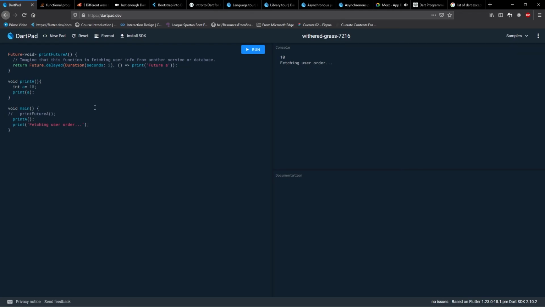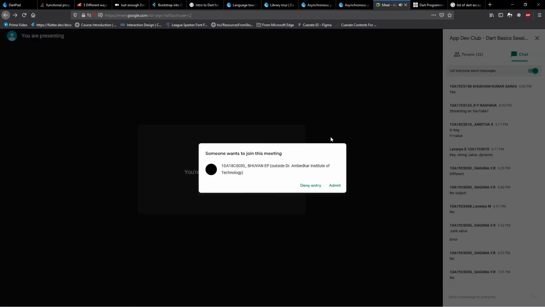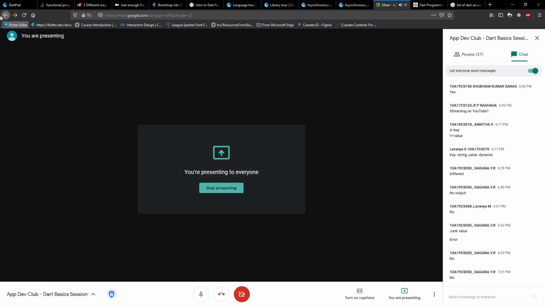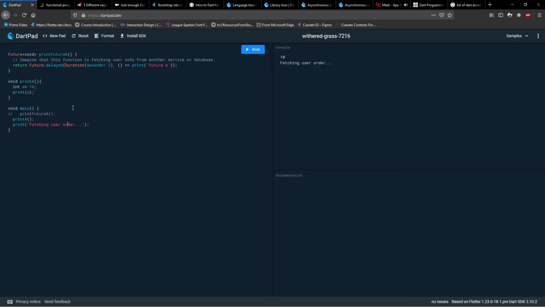If you want to fetch something from the internet, it will take time if it is slow. For example, it will take 2 seconds to fetch some data, and during that time you have to wait. While you're waiting, your app shouldn't just hang there. It has to do something, like give a loading screen.